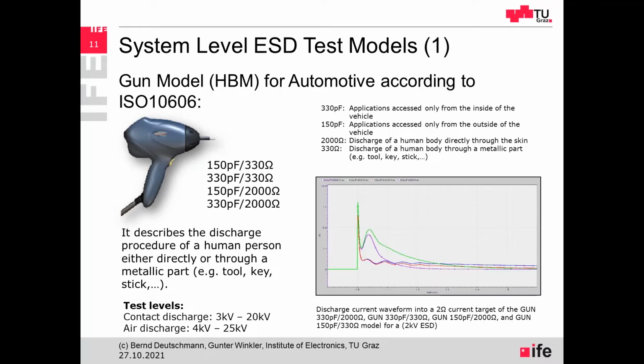And this is very important because we are only testing the unpowered IC, in this case only for destructive tests. So checking if the IC will survive the test, not checking if the IC has any kind of malfunction, because the IC is not powered in this case. At the system level, when we are testing then finally the whole electronic system, the situation is completely different.